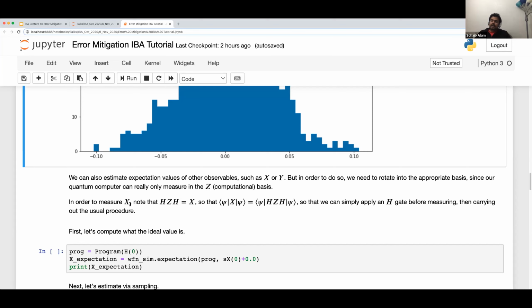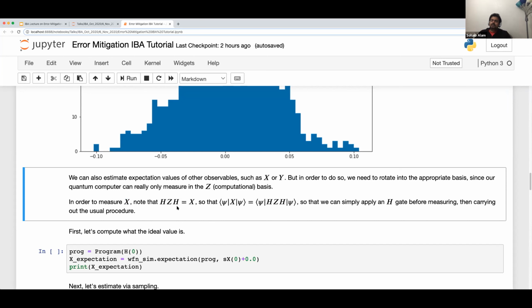If you wanted to measure X, you can work out that if you sandwich a Z with a Hadamard gate on both sides, that gives you an X. So if you wanted to calculate the expectation value of X in some state psi, which is just a sandwich of X between the psi states, then using this identity, which is just matrix multiplication that you can work out and convince yourself is true,